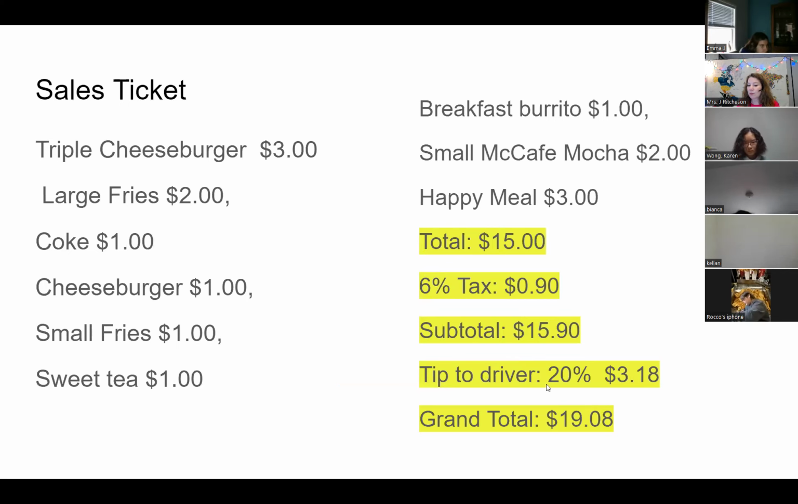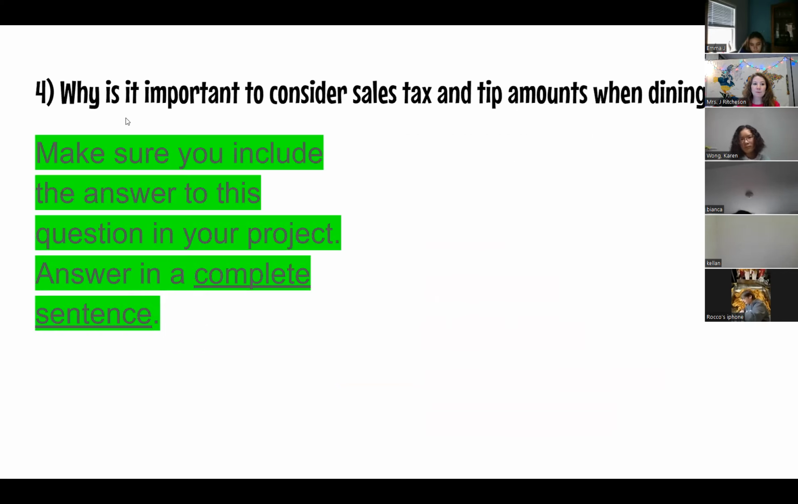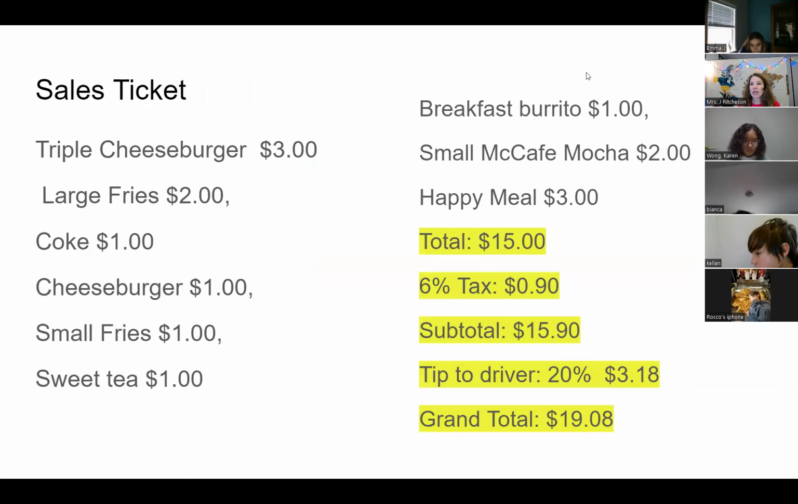You have to tell me what percent you're leaving. Then you have to answer this question: Why is it important to consider sales tax and tip amounts when dining out? All right. Wait, let me go back to our